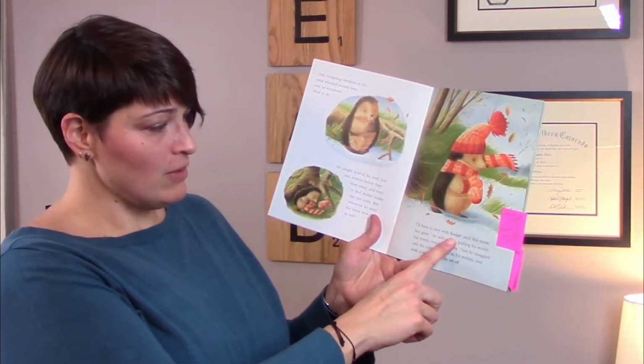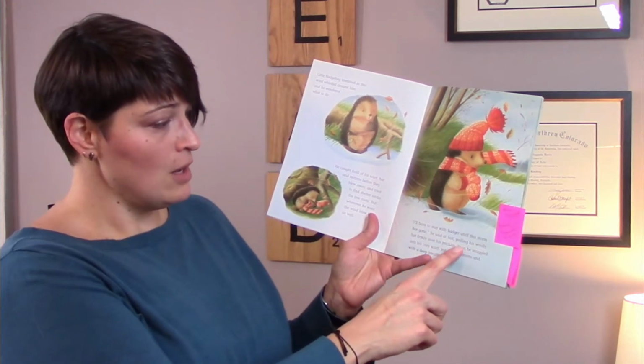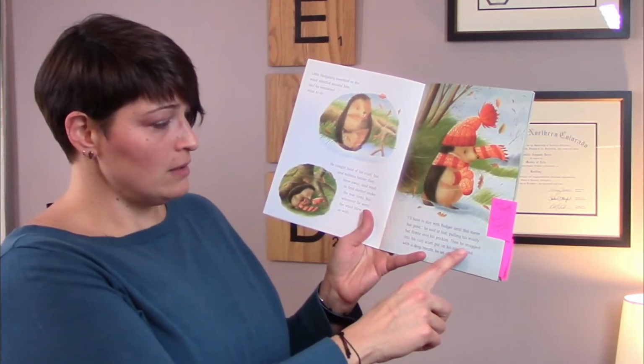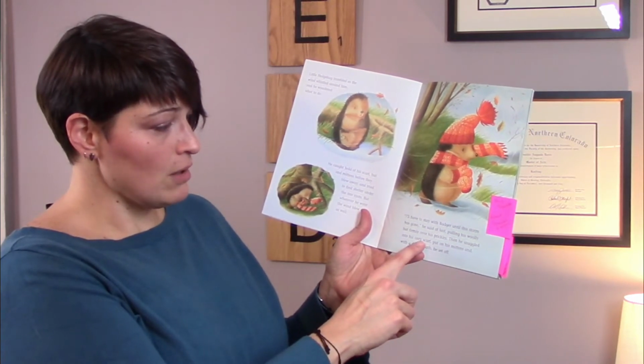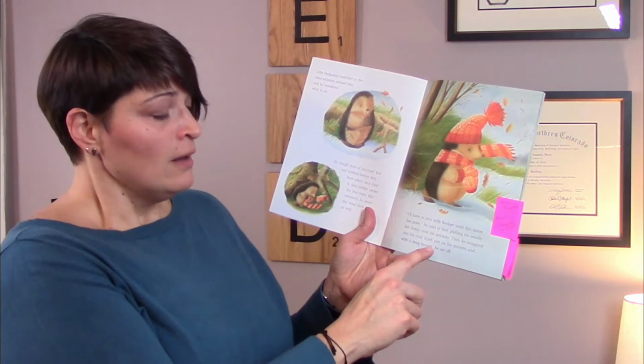"I'll have to stay with Badger until this storm has gone," he said at last, pulling his woolly hat firmly over his prickles. Then he snuggled into his cozy scarf, put on his mittens, and with a deep breath, he